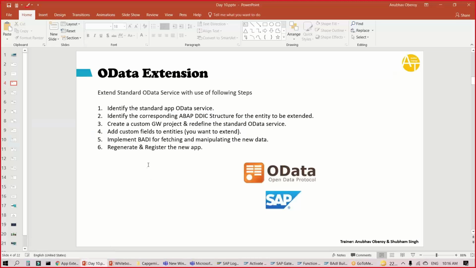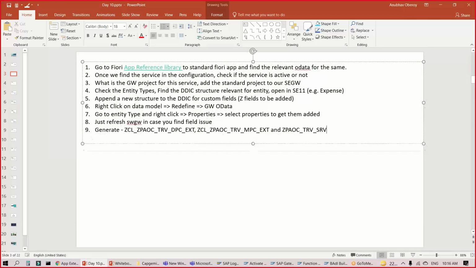So next step will be API implementation. For that, we go to the Fiori apps reference library again.